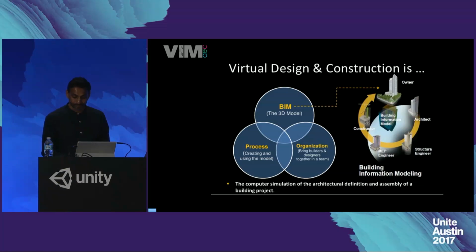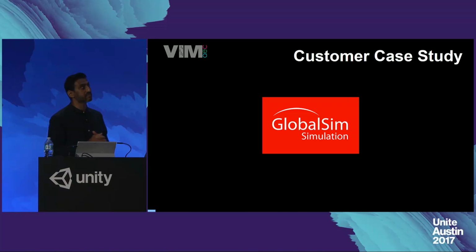So just as a use case, I want to show you and talk to you about a customer by the name of Global Sim. Global Sim is a sim company that develops training videos for how crane drivers and cranes should be used, and for people to be trained.